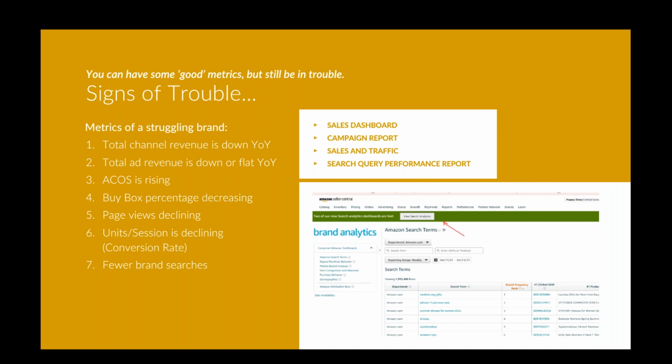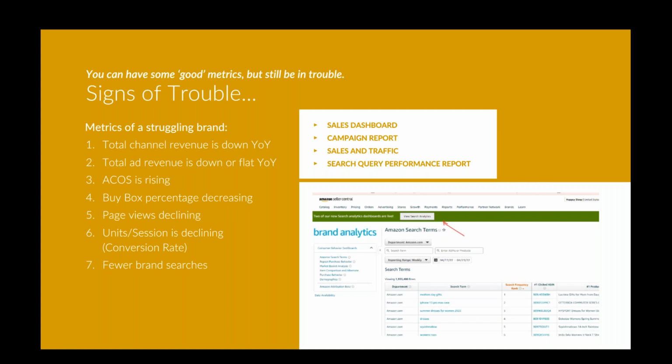Page views declining as well. Looking at it from more of the organic side versus the advertising side, it's pretty easy with your ads to see if your impressions or clicks are going down. This can indicate that you're getting less eyeballs on your ads, less traffic to your listings. But tracking page views is really going to help you understand what's going on organically with your brand. If your total page views are going down, in conjunction with what's going on with your advertising as well, that just might be an indicator that there is less organic interest for your brand for whatever reason. And so that's something we want to keep a close eye on so that we can make adjustments as needed.